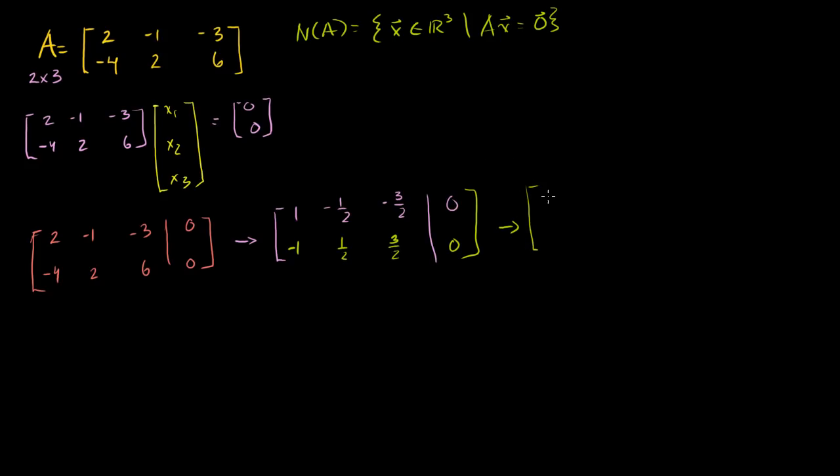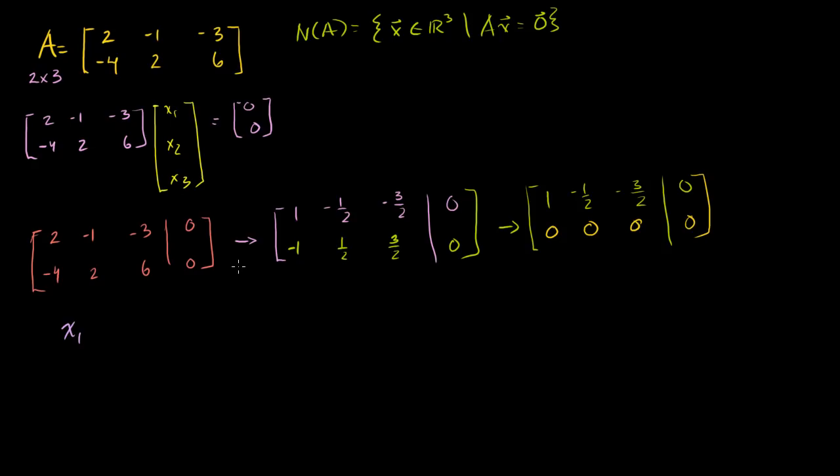And now let's keep my first row the same. It's 1, minus 1/2, minus 3/2, and of course the 0 is the right-hand side. And let's replace my second row with my second row plus my first row. These are just linear operations on these rows. So negative 1 plus 1 is 0. 1/2 plus minus 1/2 is 0. 3/2 plus minus 3/2 is 0. And of course, 0 plus 0 is 0. So what are we left with? We're left with this right here, or another way of saying that, x1,